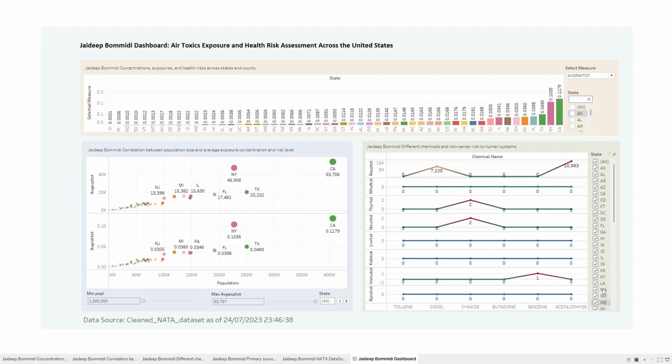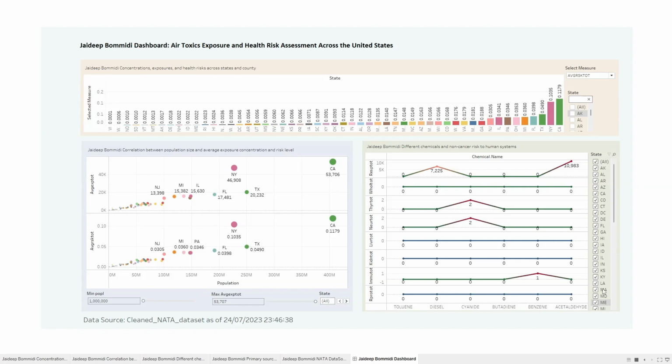Today, we tackle the complex issue of air pollution and its impact on human health and environment. I have taken the dataset from the National Scale Air Toxics Assessment. It provides packed information on chemical concentration, exposure, and health risks. The audience I have considered are public health officials and epidemiologists. They can leverage this data to identify pollution hotspots, link this to health risks, and create targeted strategies or policy